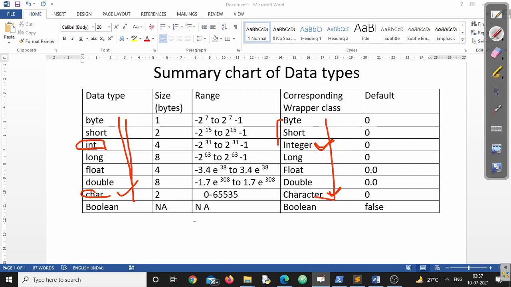Only the first character of each one is capital, because if you recall the naming convention, a class name always starts with a capital letter. Since these are classes, the names start with a capital letter, right? I hope you are able to recognize what these particular things are. If you want to check the entire one, you can also check that, right?